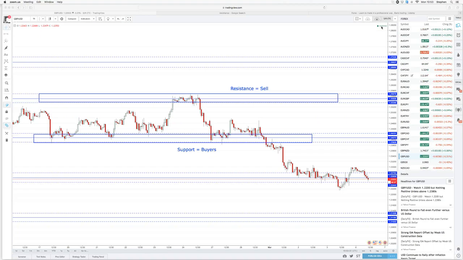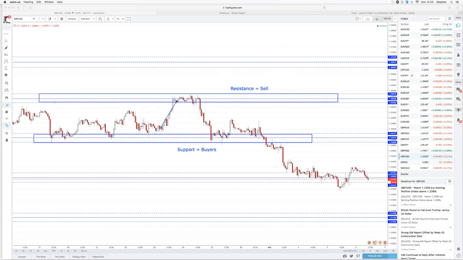So what we've got here, we've got a resistance. You can see this like a ceiling. Okay, so pretend support and resistance is a bit like a house. You want to go upstairs, you've got to go on to the next level. So that ceiling is obviously resistance, and obviously the floor, which is support, which means you can't actually go any lower than the support. So in this case, what you've seen is the market's moved up into an area where